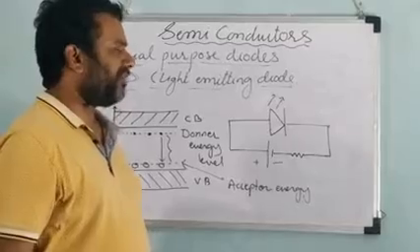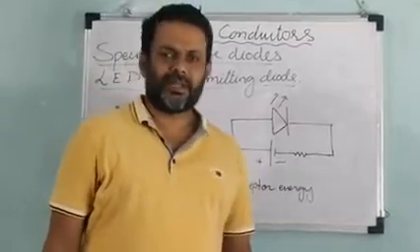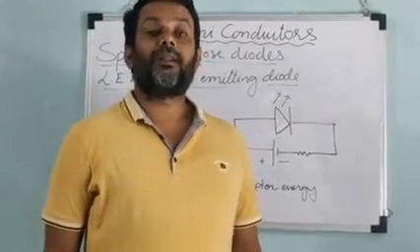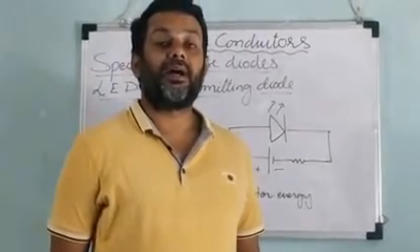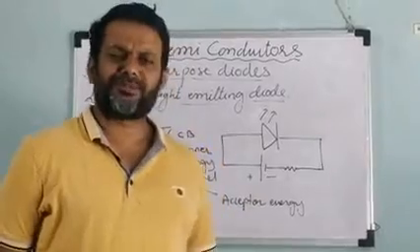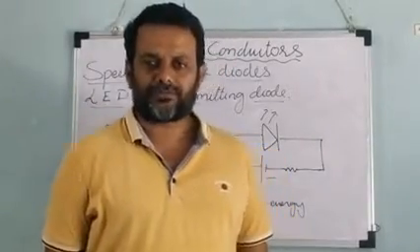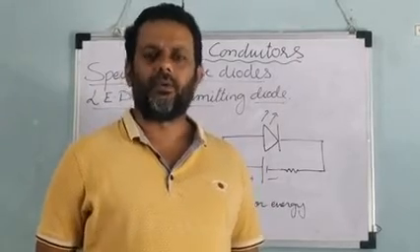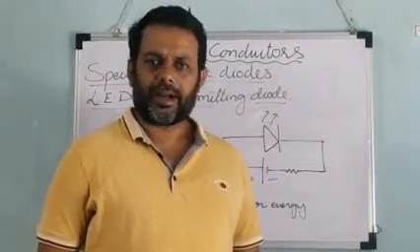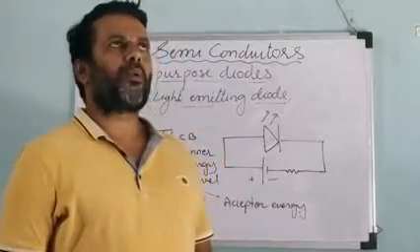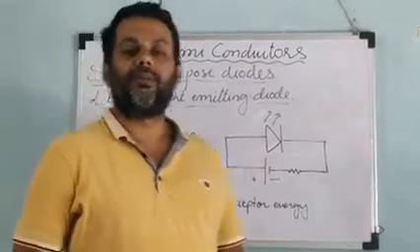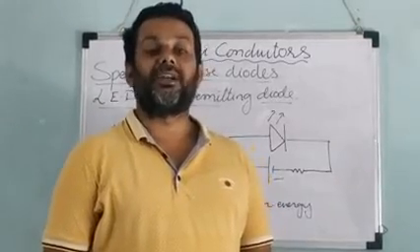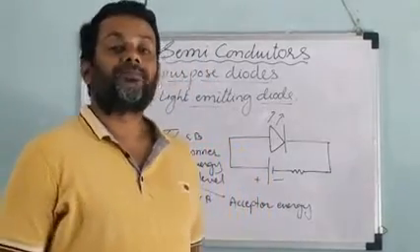Okay, these radiations may be of different types, maybe they are infrared radiation, or sometimes they are also the radiations which are falling in the visible spectrum. Okay, visible spectrum, you all know about VIBGYOR. They may be falling in the region of the violet light or indigo, blue, green, yellow, orange or red. Okay, anywhere. In fact what happens, depending upon the demand, we can manufacture the diodes which will give us the desired quantity of the energy and hence a desired radiations.